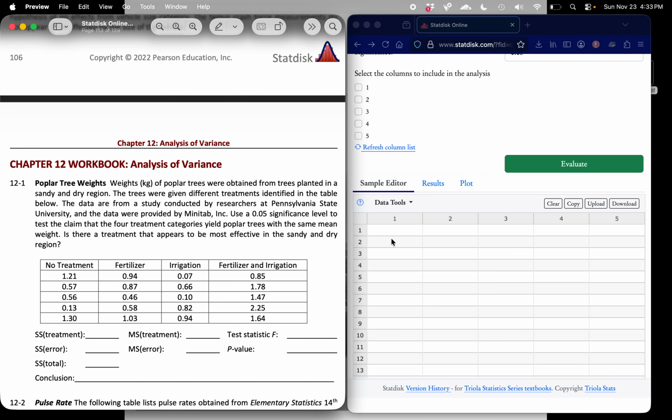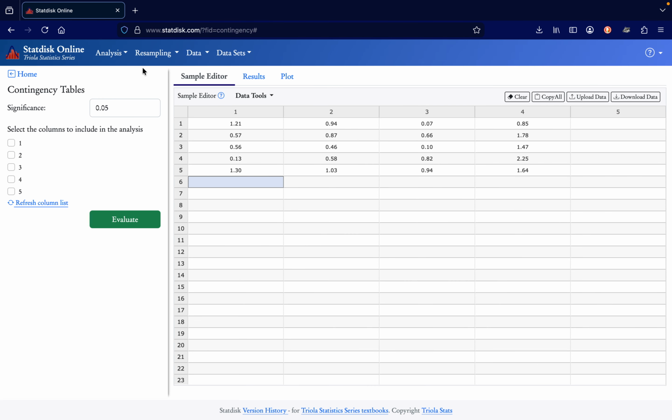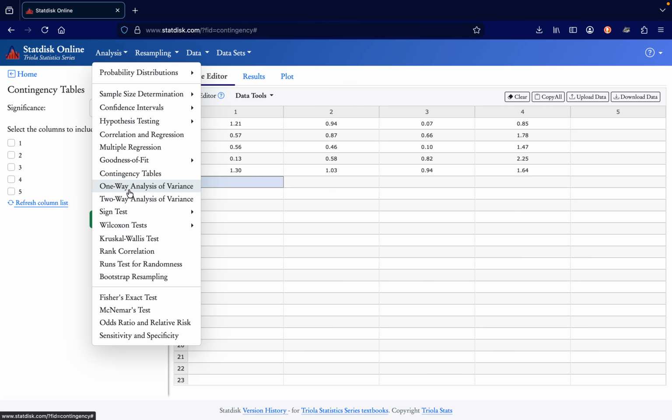We'll take this data here: 2.1, 5, and so on. We input this data into StatDisk, and then we'll go to Analysis, one-way analysis of variance.